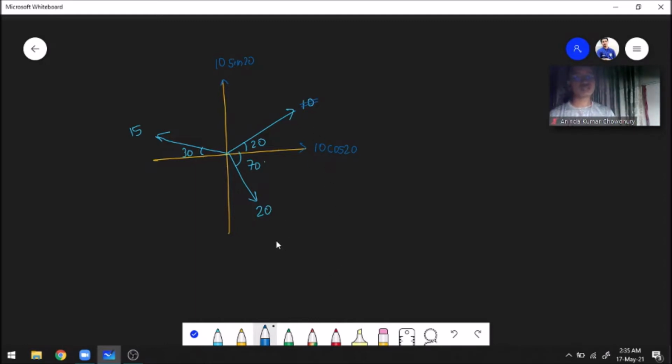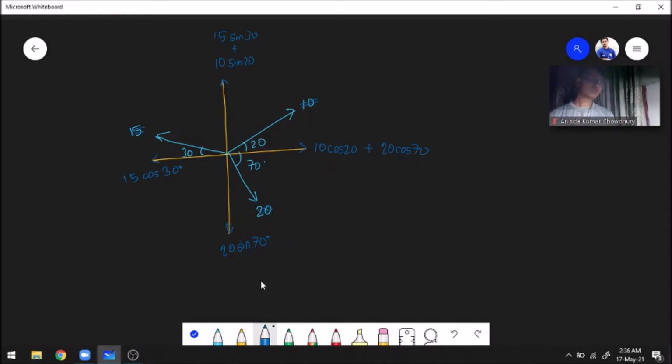After that, we can similarly find the components of 20. So 20 lies in this quadrant, so its components will lie in this axis and this axis. Here the component will be 20 cos 70. Here the component will be 20, automatically that was cos, so this will be sin 70. 20 has been broken down. 15 lies in this quadrant. Here is a component, here is a component. 15, this does not contain your angle, so 15 sin 30. And here is a component, that is 15 cos 30. So 15 has also been broken down into its components.